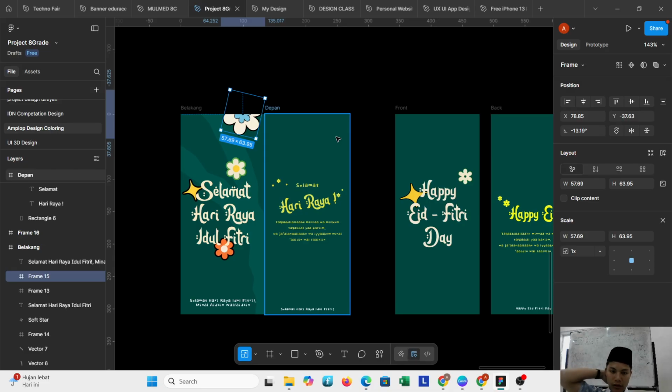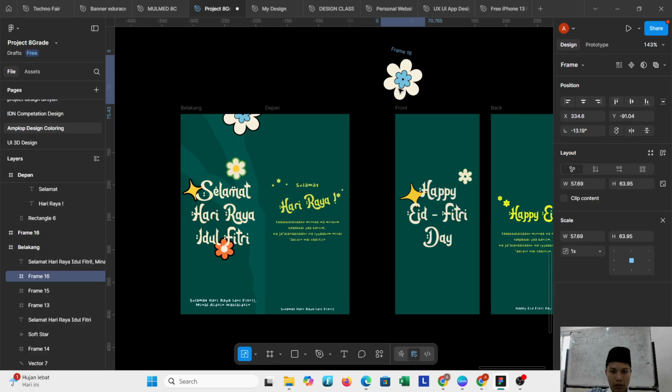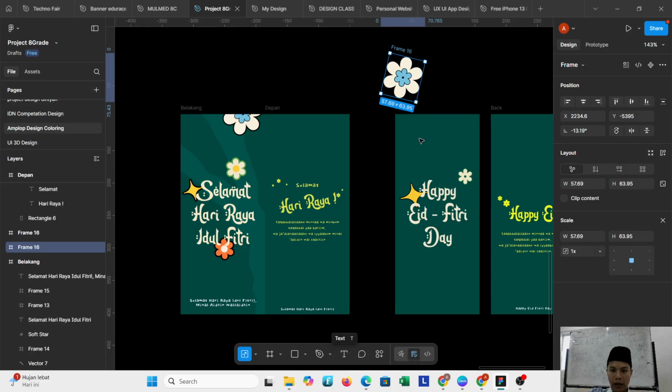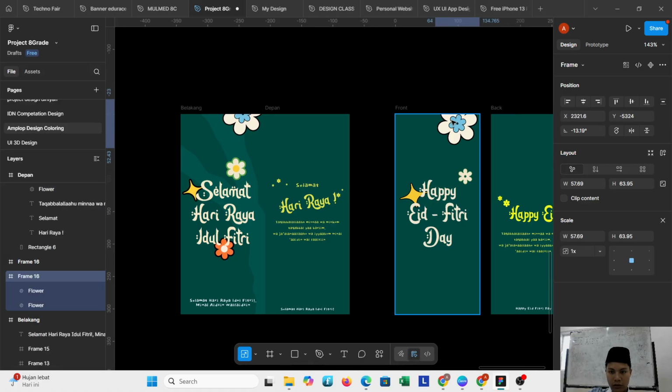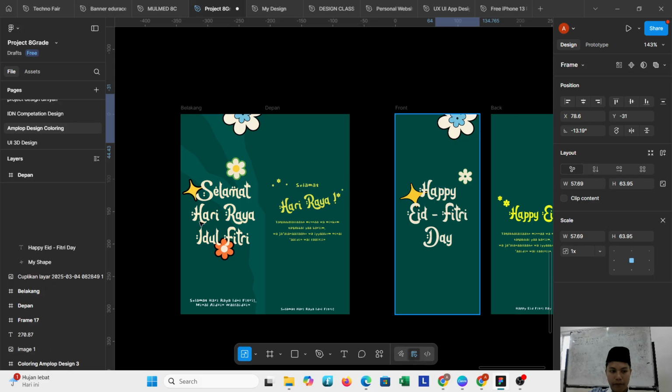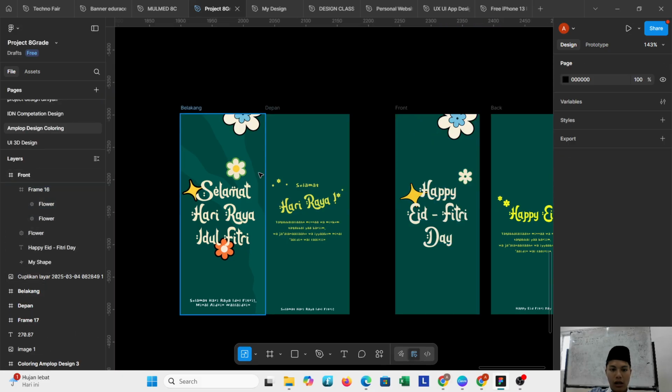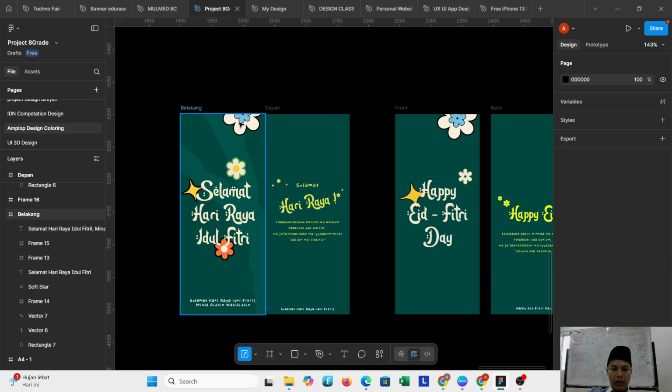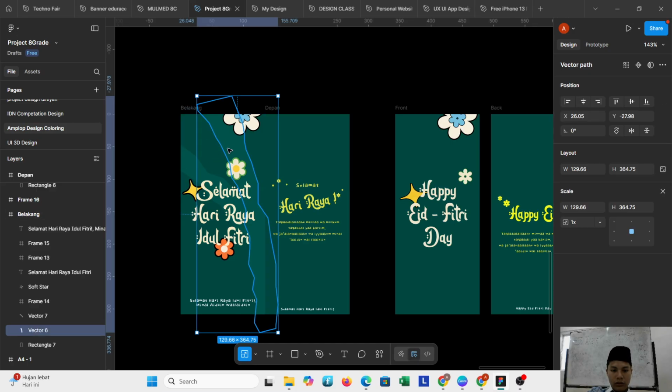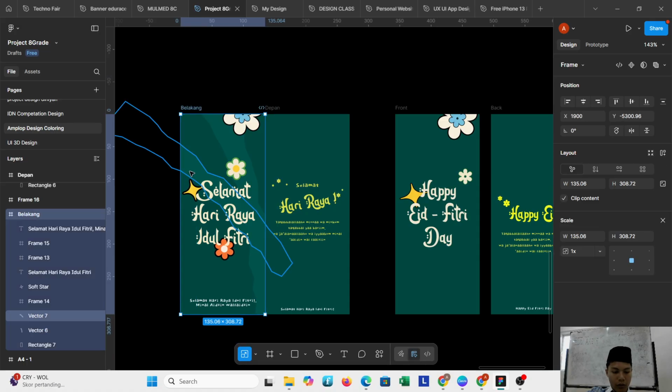To make it easier, I want to just copy and paste, and if you want it even easier, you can just factor it into your design and put it in here. Okay, done. And because my battery is low, I want to make it fast. I want to just copy paste this icon because my battery is low.